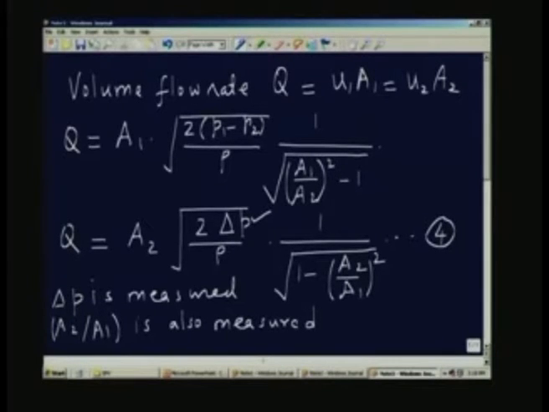In order to make this equation 4 valid for a real fluid flowing through the variable area device, we can introduce a coefficient of discharge. So, what I will do is I will simply multiply this by C, a coefficient which is chosen such that the actual volumetric flow rate is given not by the ideal expression, this we will call the ideal expression, but by the ideal expression multiplied by some coefficient which is to adjust for the non-idealness of the flow.